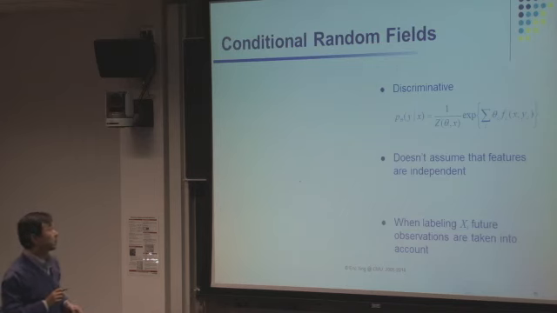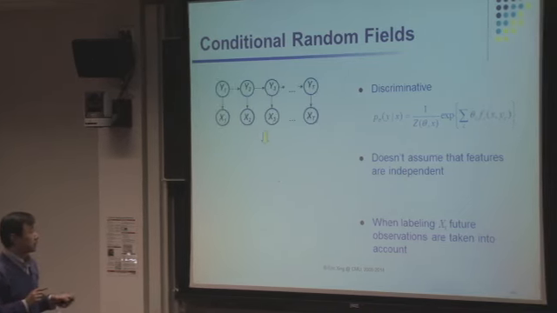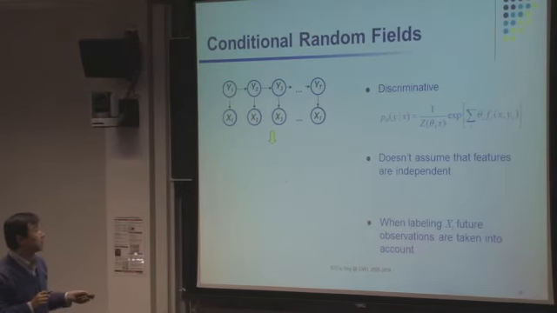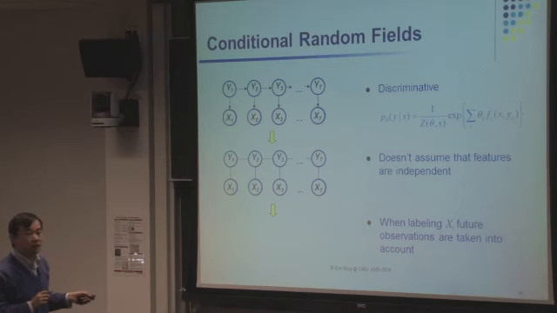And I have a few minutes for the last model. That's another very famous Markov random field, which we will spend more time on later. It is called the conditional random field. In this case, there are